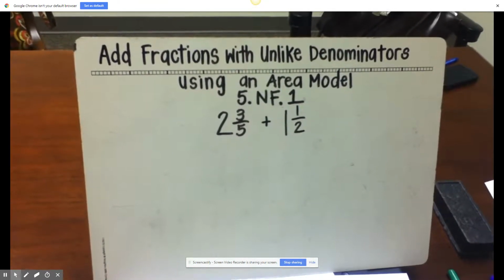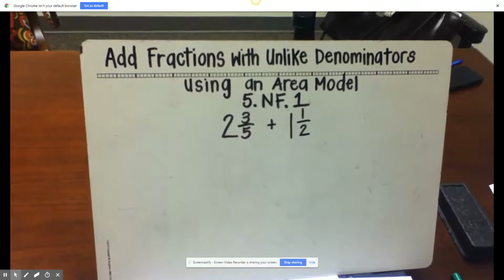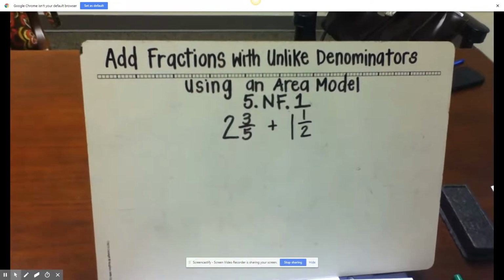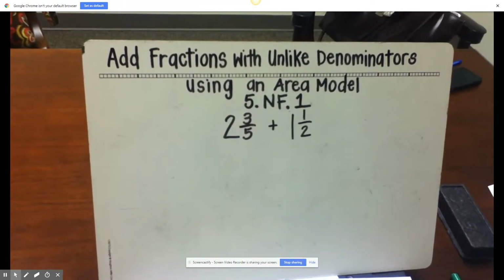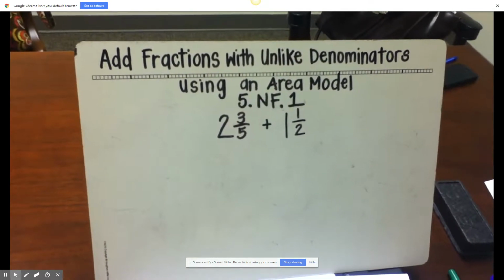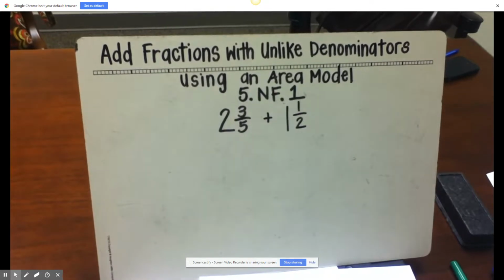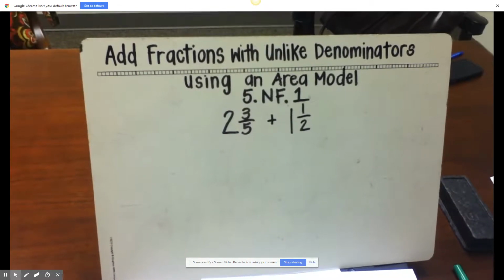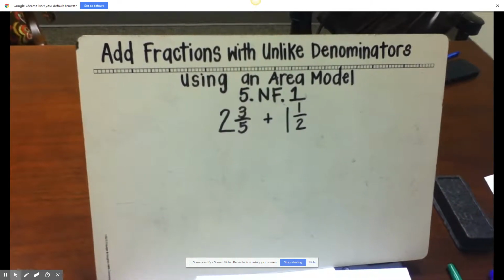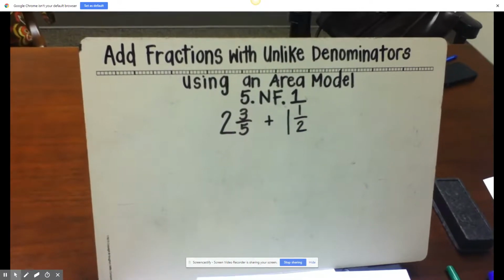In 5th grade, students eventually move to finding a common denominator by finding the product of both denominators. This process should only come after students have used visual fraction models, such as an area model or a number line, to build an understanding. The use of visual fraction models allows students to use reasoning to find a common denominator prior to using the